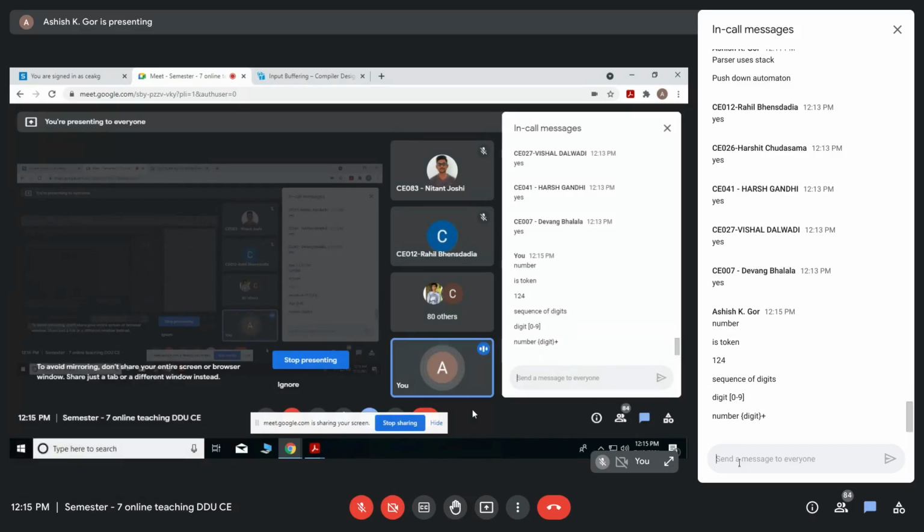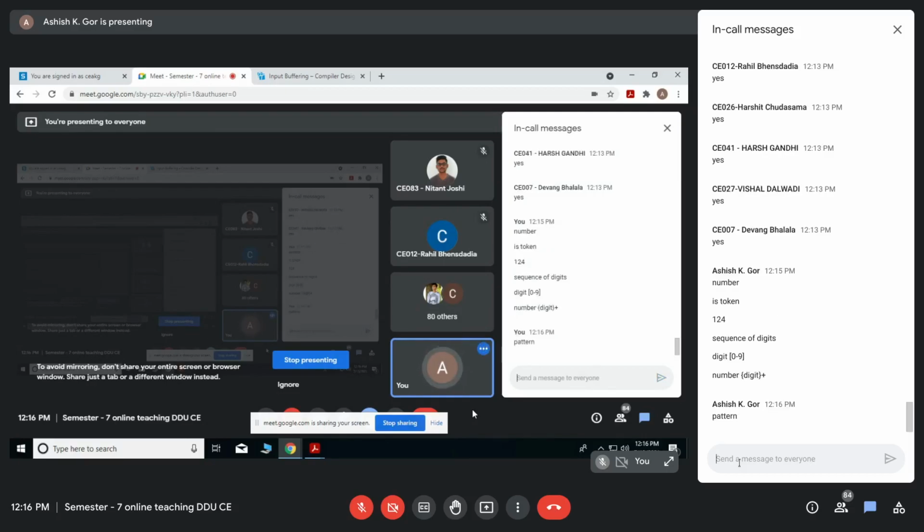So for number, you define it like in brackets, in curly brackets, digit. That digit could be 0 to 9, anything, and then plus means one or more occurrences of that. So this is how you define it, and this becomes a pattern for number. So what is the pattern? A sequence of one or more digits. That becomes a number. So digit plus is actually a regular expression, or a pattern, for that.